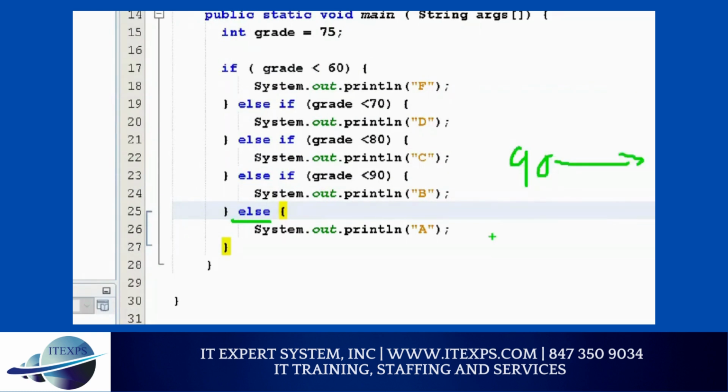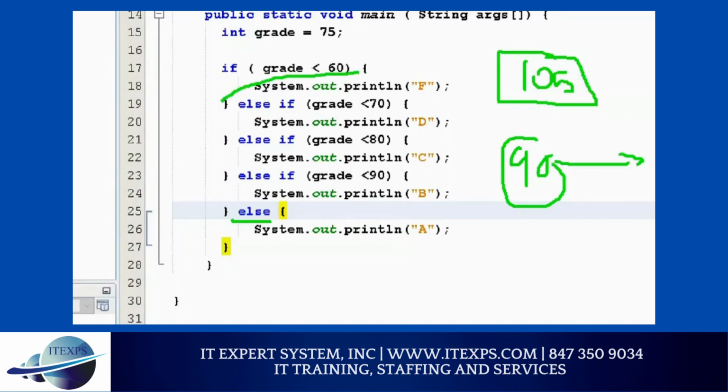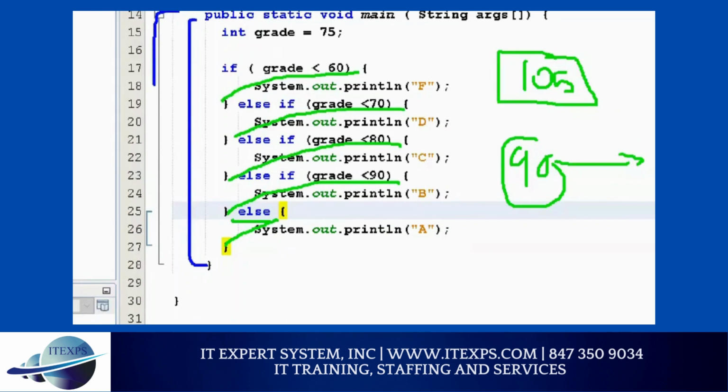Yes or no? Because some colleges give 105. So why would I write a condition, right? I think anything above 90, I'm going to give you grade A. Make sense? So else means anything above 90, you will get grade A. Now, remember one thing, match the curly brackets in case you're still having a problem. Don't just type curly brackets. Make sure you understand curly brackets. Curly brackets have to match. This curly bracket is for the if statement, this is for main, and this is for class.